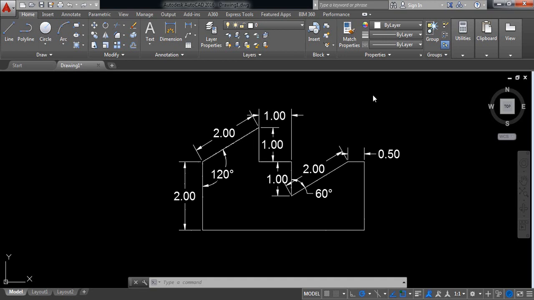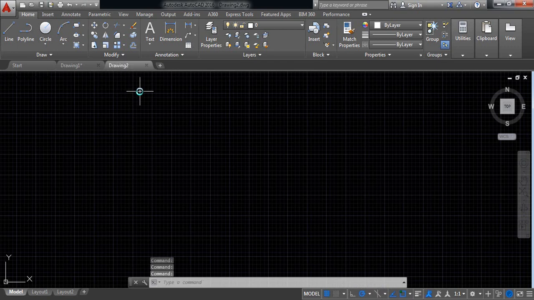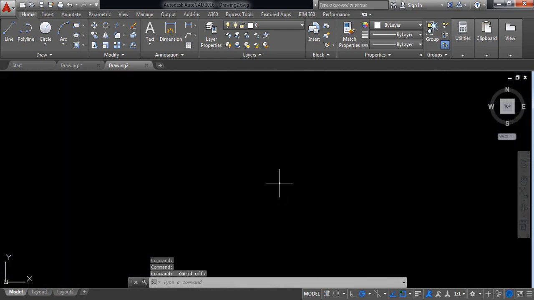Hello everyone. From now I'm going to start the AutoCAD lesson practice, and this is the first practice that I am going to show you. So let's begin. At first click a new window or new drawing. Okay, so this is a new drawing page. Now just switch off the grid mode because I don't need this one. And for the drawing, at first